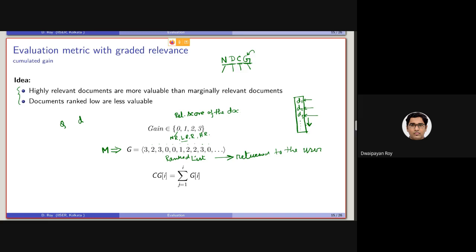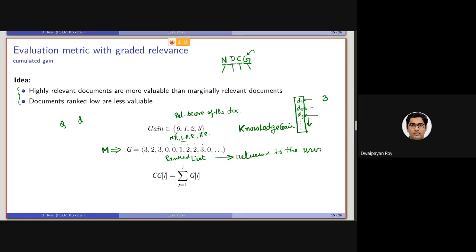So if we consider the relevance score as the knowledge gain, KG, or let me write it fully, if we consider the gain as the knowledge gain of the user, then after reading the first document, the user is gaining a knowledge amount of 3.